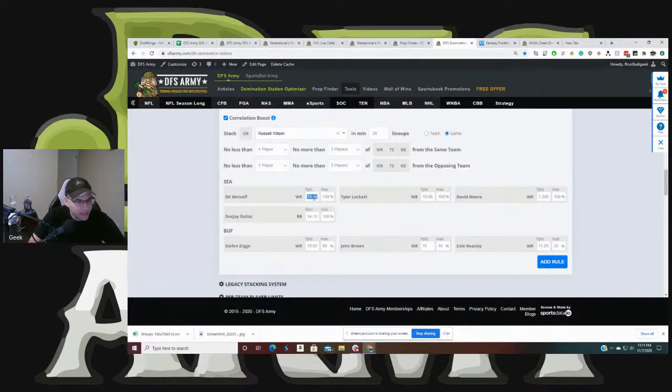I'm going to lower some of these numbers a little bit. Smooth that out. For DK, I'm going to lower this number just a little bit as well. For Lockett, I'm going to lower his number a little bit. The reason I'm just doing this is we'll still get a lot of them, but